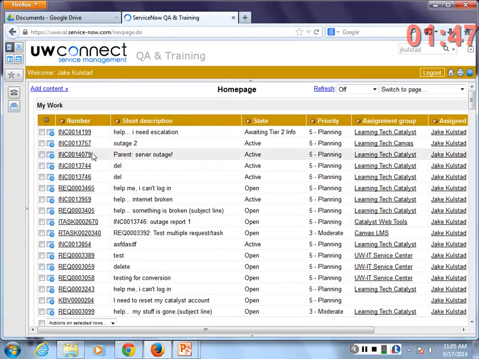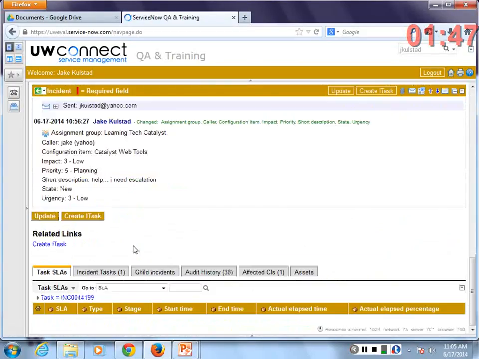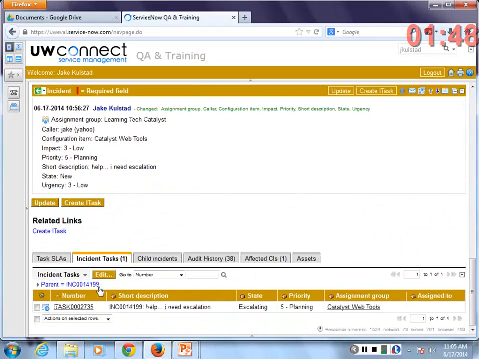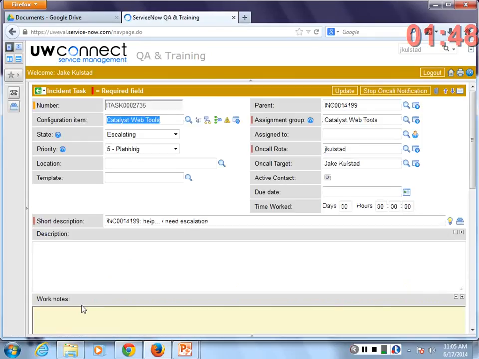So I'll go in here and go to my task and find my iTask. And when I get paged, it's actually going to tell me the iTask number and the information I need to